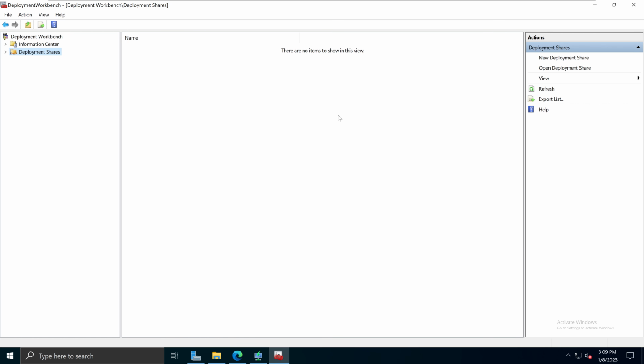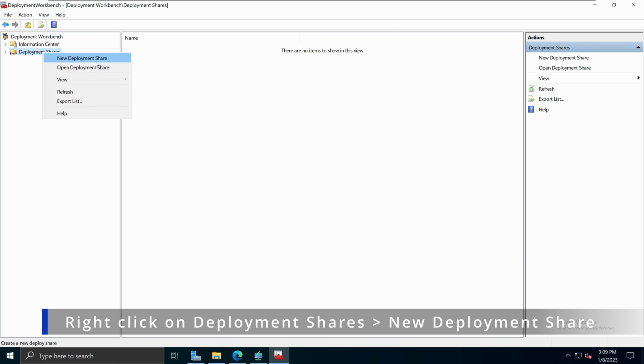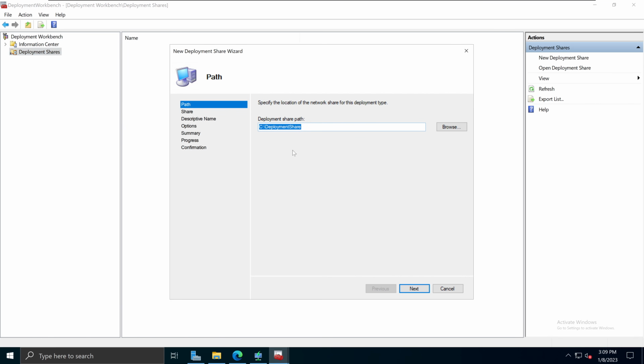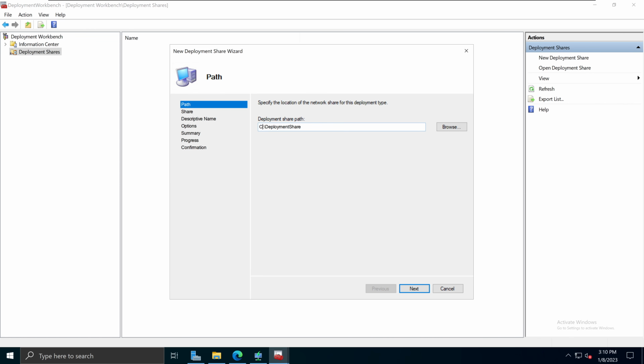What we need to do now is to create a deployment share. To do that, I'm going to right click on the deployment share, select new deployment share, and it will open up the console for creating that deployment share. In here, again, just like before, I'm changing the share location from the C drive to our drive that is E, which is the secondary hard drive. So I will select this and change it to E. I'm going to click next,